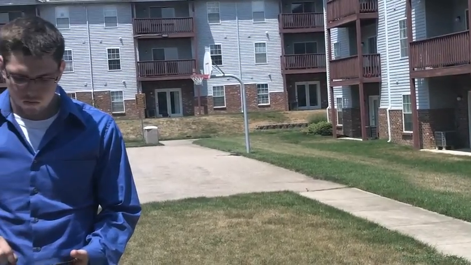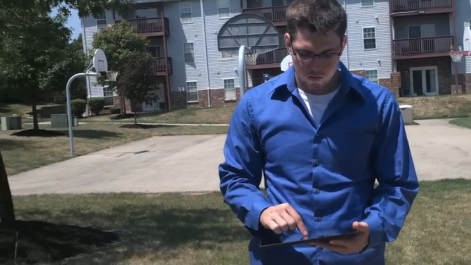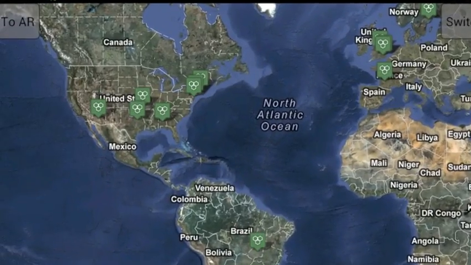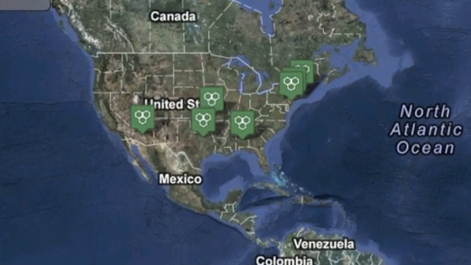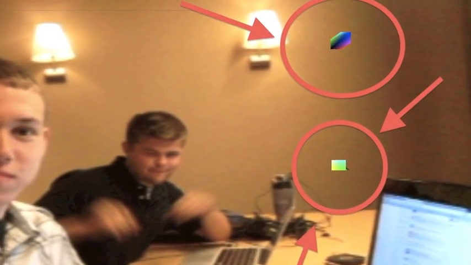The command center was a static view. The Android device is more of a mobile view. Because of this different take on it, we had to emphasize simplicity over functionality. The reason we chose this emphasis was because we wanted it to be more intuitive. When the user looked at the Android device, they wanted to know exactly what was going on at that point. We have our Google Map view, which is just a bird's eye view of all the data that is currently present. Our augmented reality view is a virtual overlay onto the real world.